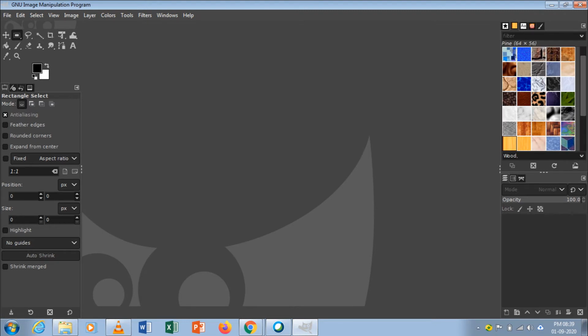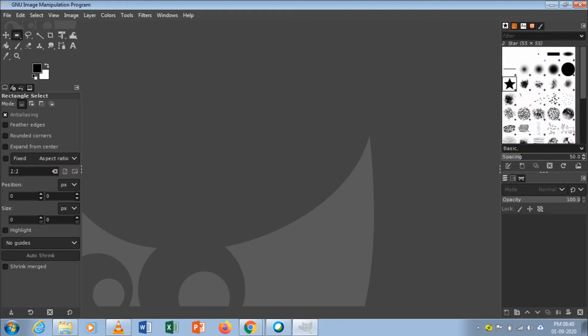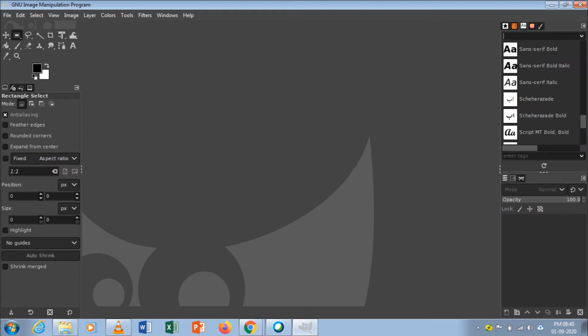And then if you want to see an image already saved, that also you can see. And these are the shapes. Star shape is there, no? If you want to change the font face, that is also possible using the tools. Okay, font tool. On the right hand side you have the patterns option, brushes, a variety of brushes, and then shapes, font.